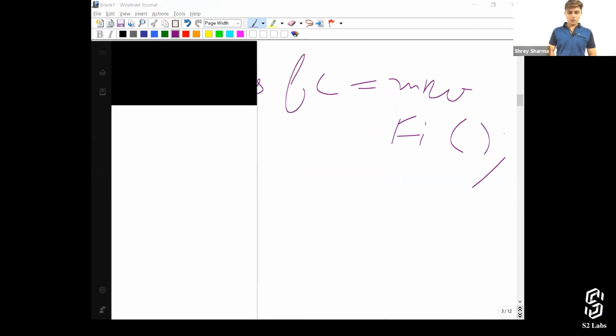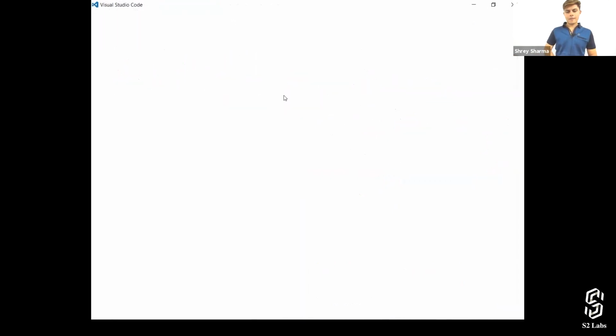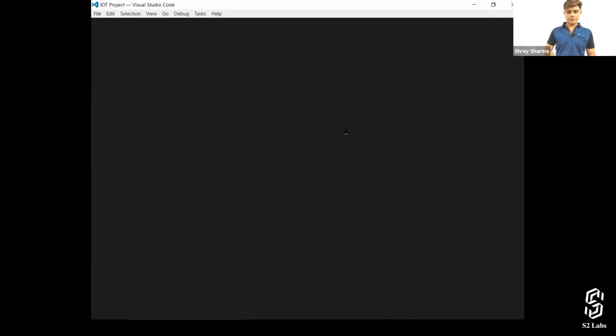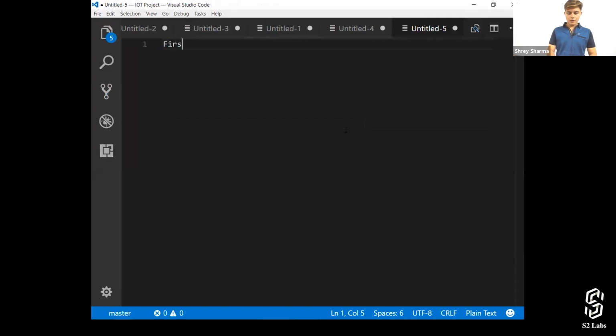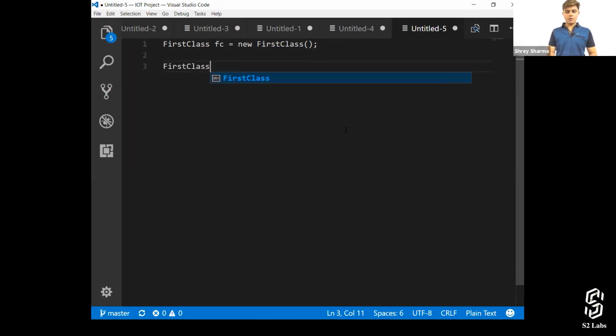Let me just use Visual Studio for that. So we have written down first class FC is equals to new first class, and I mean, yeah, then in this case FC2 double equals to FC will return you a true value, right?